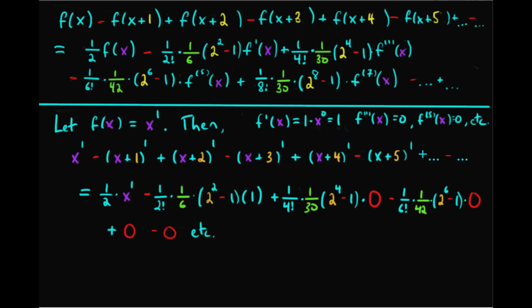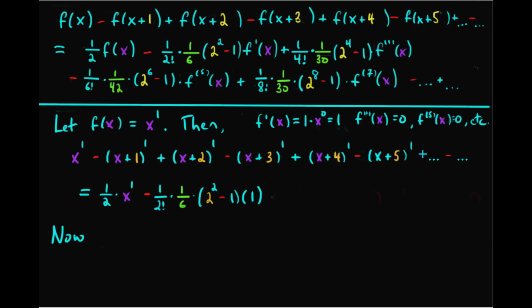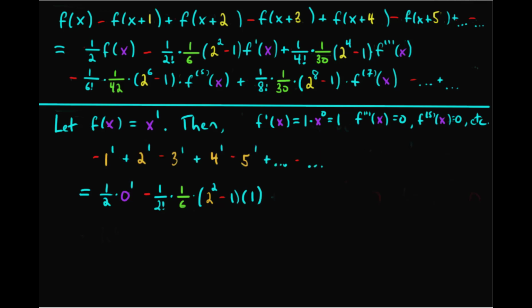So all the terms after the first two terms in the right-hand side of the equation just cancel because they all equal 0. And now, because we're completely free in our choice of x, we can let x equal 0. And then we'll have on the left-hand side, letting x equal 0, minus 1 to the first, plus 2 to the first, minus 3 to the first, plus 4 to the first, minus 5 to the first, plus dot dot dot, minus dot dot dot, equals, and now on the right-hand side, that first term, 1/2 times 0 to the first,